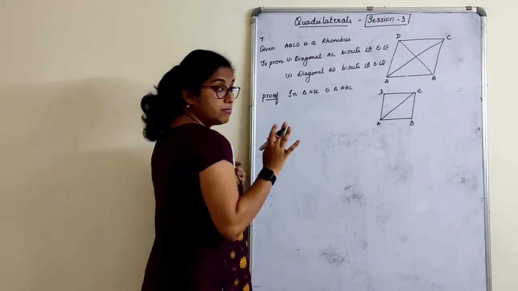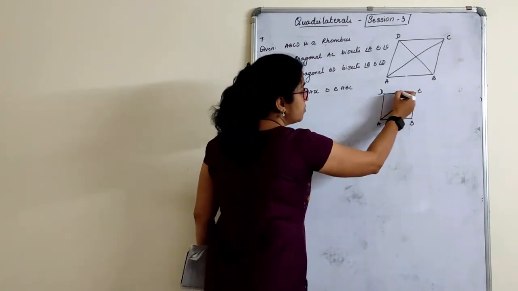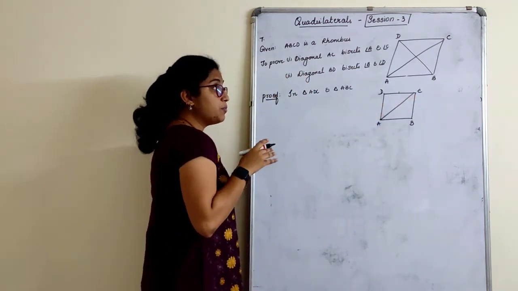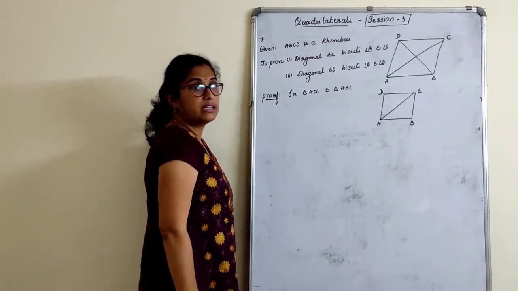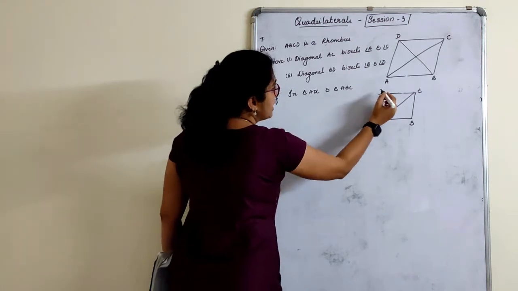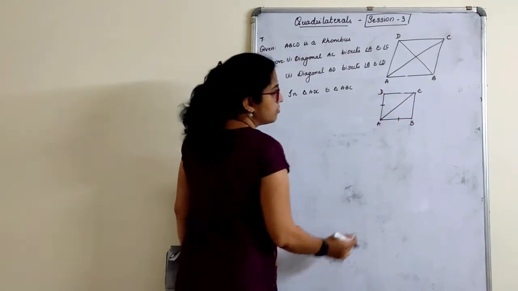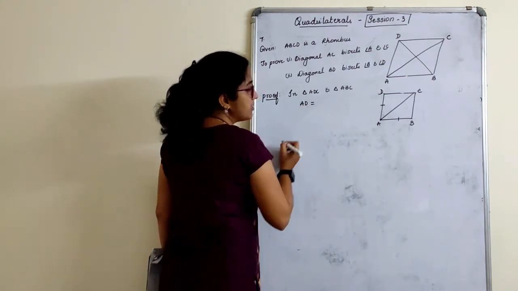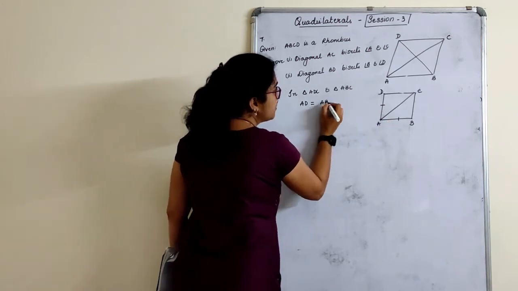Now since it is a rhombus, children, we know that all the sides are equal, right? Usually what we do, this side is equal to this side is equal to this side. But at this point of time, we'll choose adjacent sides to be equal in the given figure. Why? I'll tell you later. See here. In triangle ABC, can I tell this side is equal to this side? I will write. Never have we chosen adjacent sides, right? But here we will choose. AD is equal to AB.